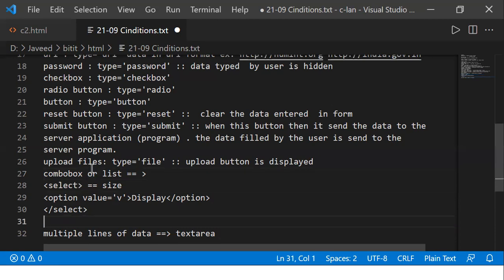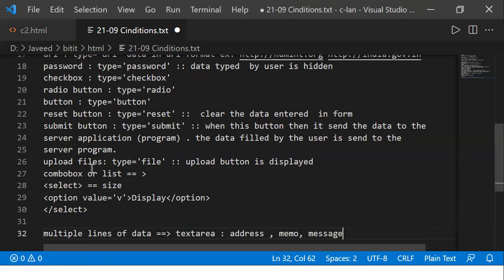And if you want some data to be entered in more than one line, for example the address, generally an address will be in more than one line. I want to get the addresses, then I'll be using a text box. Or let us say you are generating an application where you want to read a memo or some message.